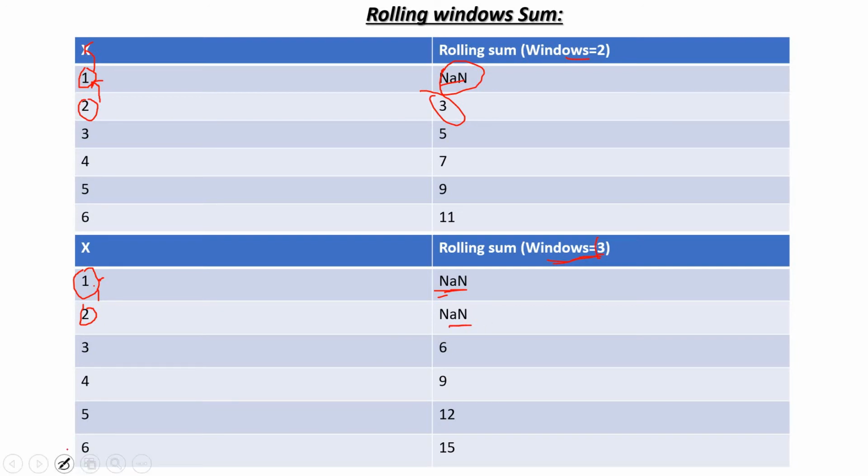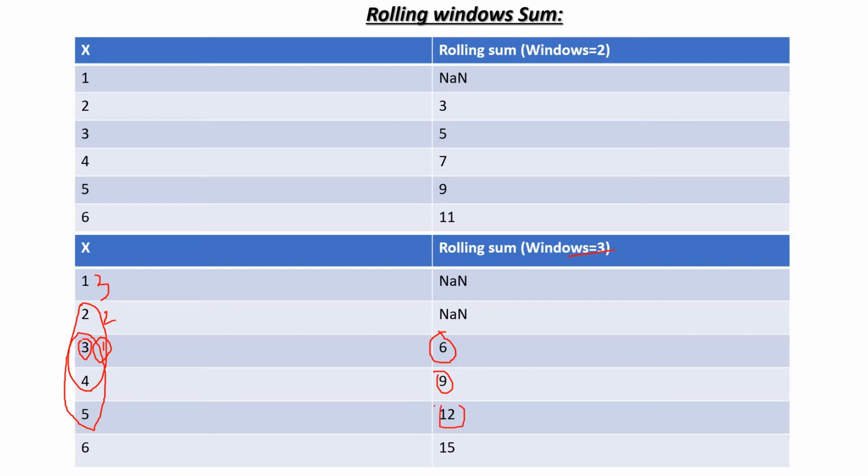Now in the third place here, what is the window size? That is 3, right? So we should have three elements. One is this one, second is this one, and third is this one, right? So we can add these three elements: 3 plus 2 is 5, plus 1 is 6. That's why we are getting 6 over here. The next is this one. Once you add 4 plus 3 is 7, plus 2 is 9, so we are getting 9, right? Next window, when you add this element, 5 plus 4 is 9, plus 3 is 12, right? So we are getting 12 over here.